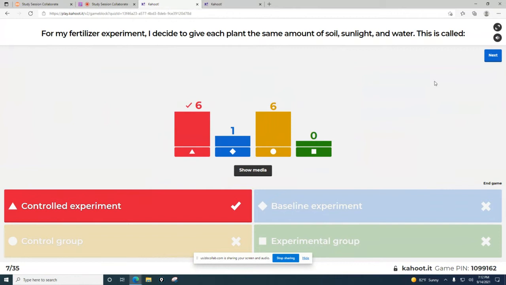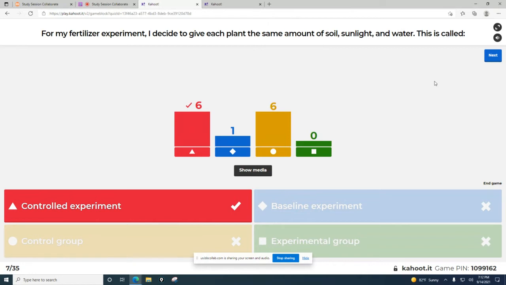So, in lecture, well actually, depends on which section that you were. In my section, we revisited this in lecture, but most of you only talked about it in lab. So the difference between a controlled experiment and a control group. So your controlled experiment is basically your baseline. So you're keeping some things the same for all of your groups, so you can say, okay, this variable directly causes change in this variable. It's a way to kind of check yourself.